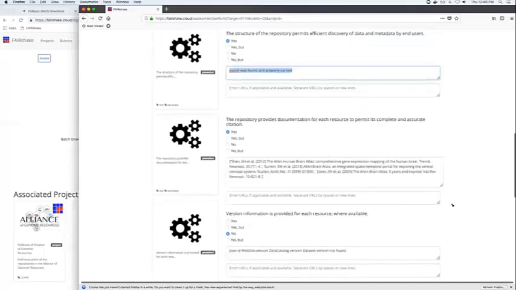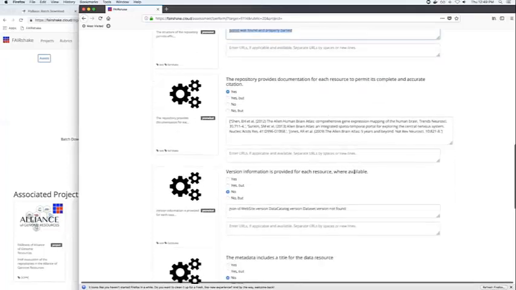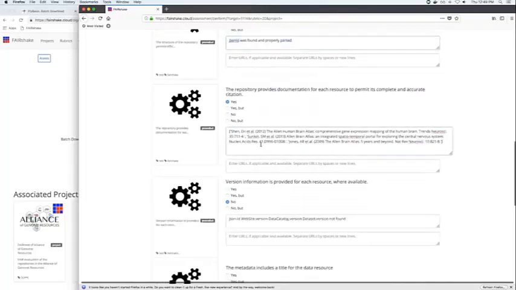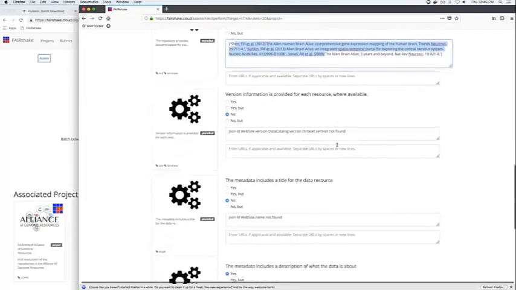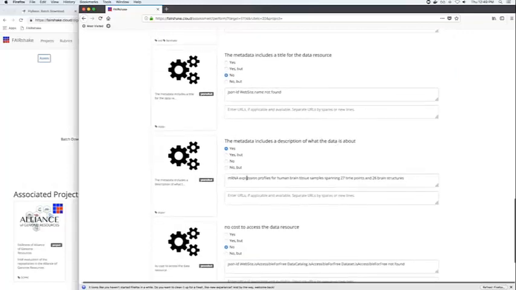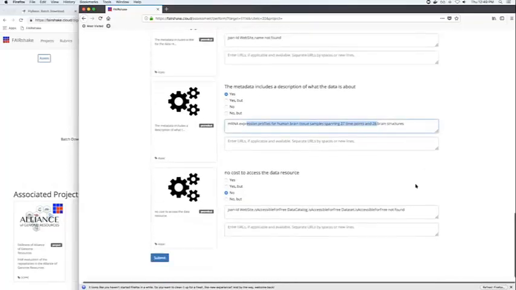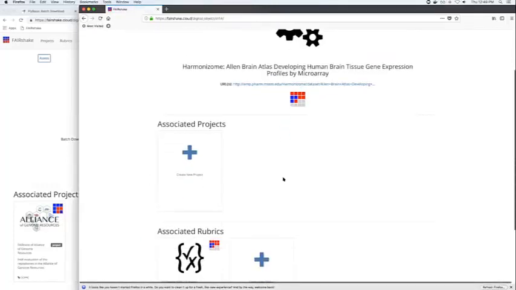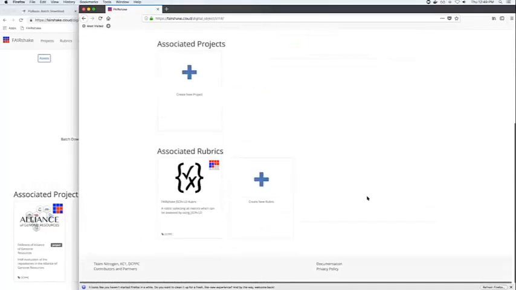I'm going to tell you a bit more about how this works shortly, but we can see here that some things weren't found, but we found citation information and we found actual description. So I'm going to submit this assessment and then talk a little bit about this JSON-LD.